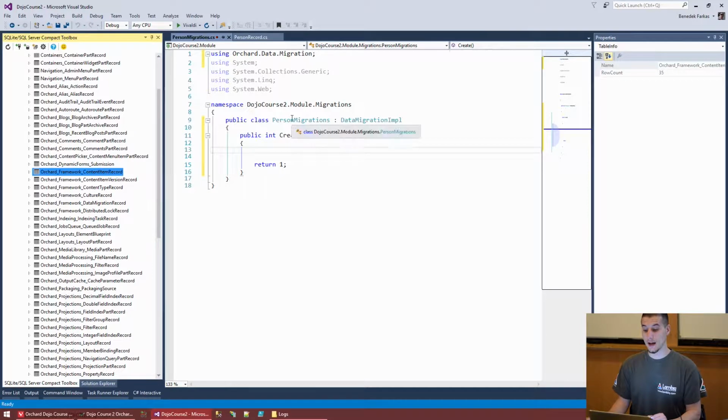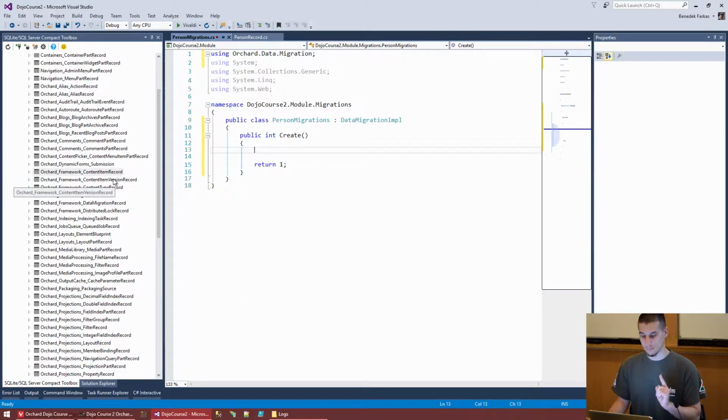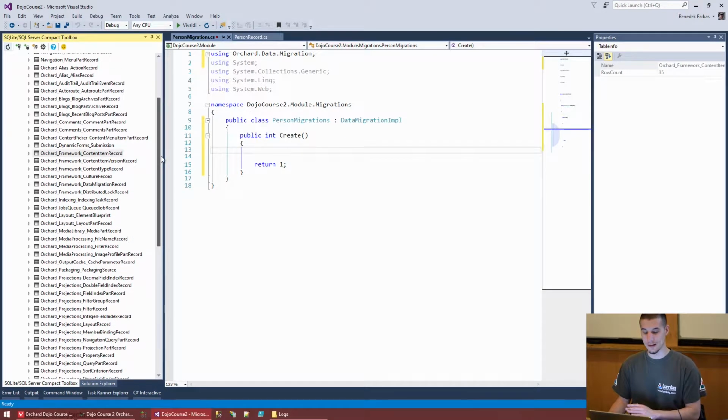And after that, you will have the name of your class, so without the migrations. Or actually, that's wrong. That's inside the data migration record class. So that's something that's different. So basically, what you have here is